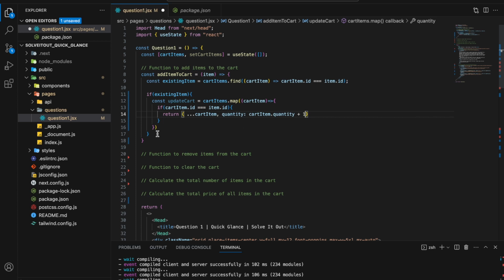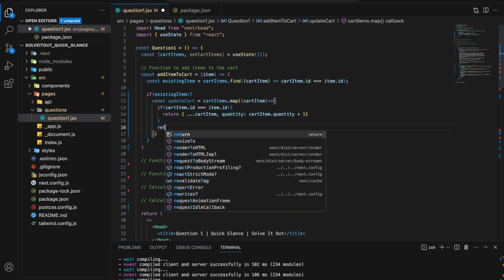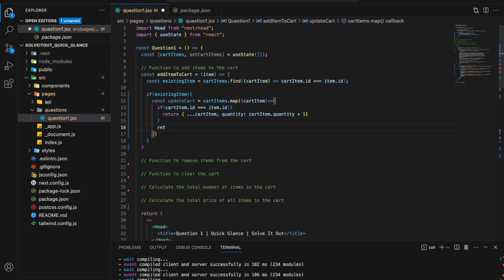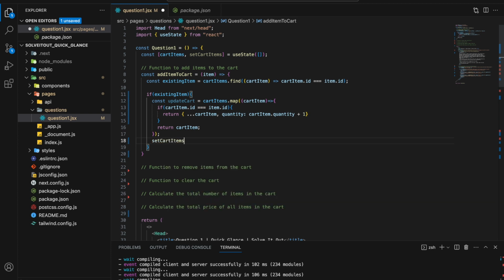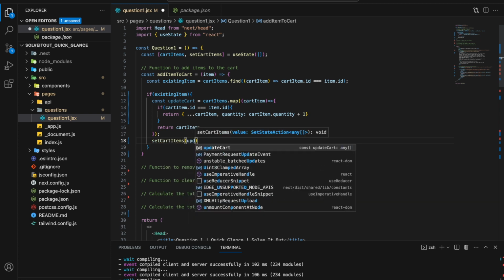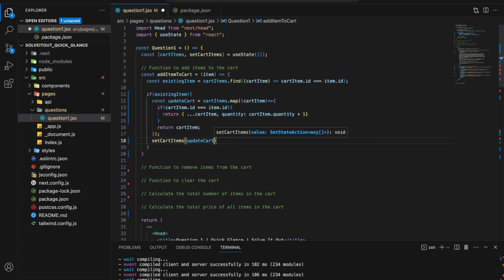Okay, here we'll return the cartItem, and then we'll pass setCartItems. Inside the setCartItems, we'll pass the updateCart, that is it will update the state. Then else means if it is a brand new item, then